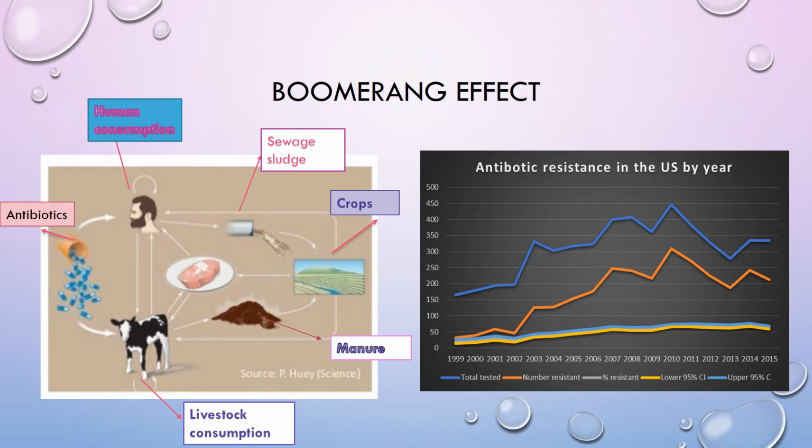On the right hand side, you see a chart with data from the CDC on antibiotic resistance in the US by year. So this goes from 1999 to 2015. And you clearly see that there is an upward trend of the resistance. And there is a dip where it goes down in 2013 upon the reintroduction of organic foods, and people starting to really take hold and start to consume more organic foods.